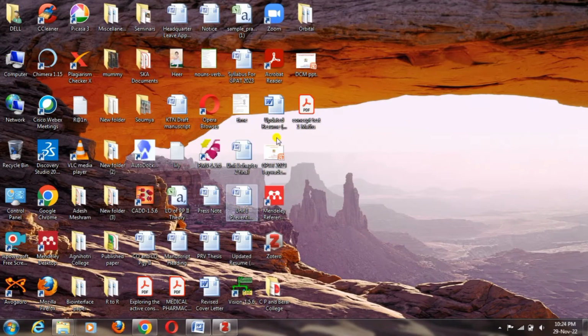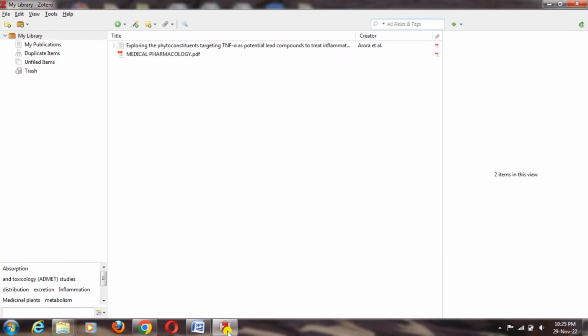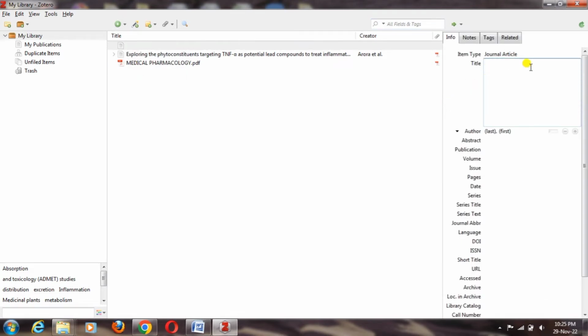This will directly link your Word file with the software. So today we will discuss how to add references in the software, and then how to insert these references into the Word file. In this panel, you have the plus sign. After clicking the plus sign, you can add any article. Suppose you want to add a book, then click on book. You can also add a book section, document, journal article, or newspaper article. Mostly we add journal articles. After clicking journal article, you can add the details manually. You need to write the title of the paper, then author, abstract, publication, volume, issue, page number, and DOI. Anything you can add manually, and after adding all the details, the window will automatically save the reference.